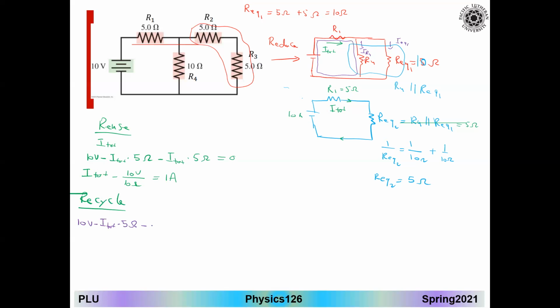is 10. So here is the I, sorry for my pen, it still gives me some crazy lines. Here is the I, what we call equivalent 1, times the value for R4, R4 is 10 ohms, equals 0. So from this equation, the only thing missing is the I equivalent. So I can find I equivalent 1 in this part will be 10 volt minus,